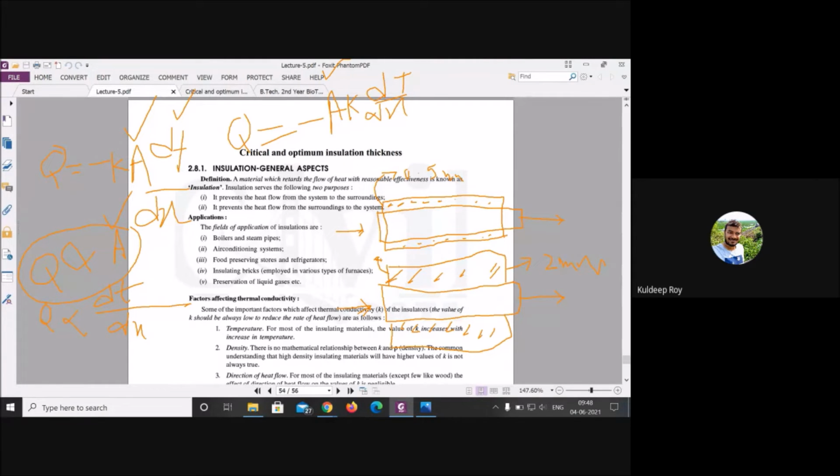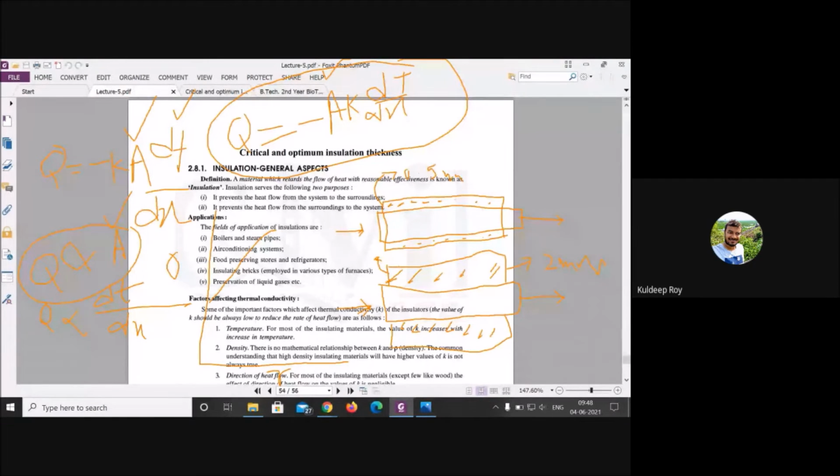Why? The reason is because you need higher heat dissipation. If somebody is saying this thickness is sufficient, first what you have to do is determine the Q, the value which will give the higher heat dissipation, higher heat transfer. You have to select that thickness. Just keep in your mind that this will be your Q and this is your insulation thickness. When you increase the thickness of the coating, the rate of heat transfer will be very high.